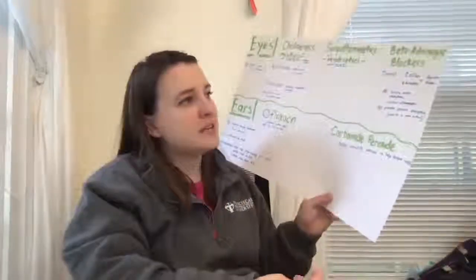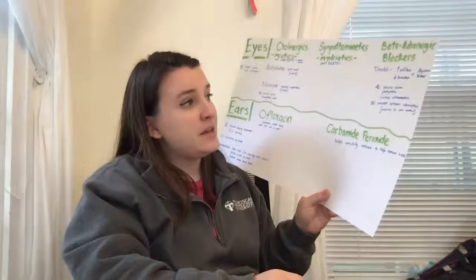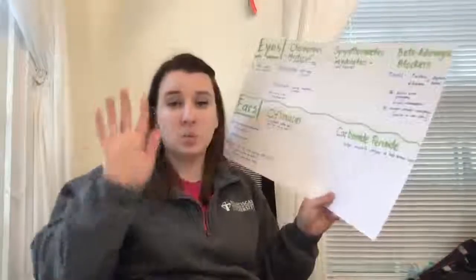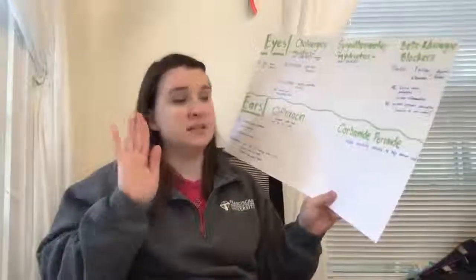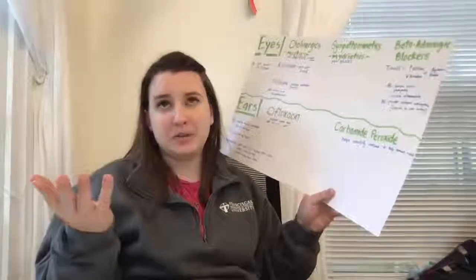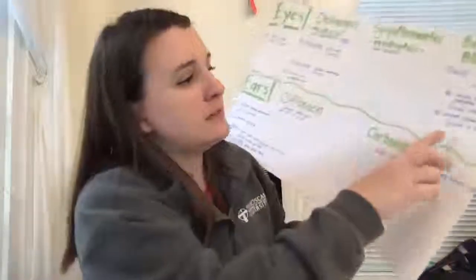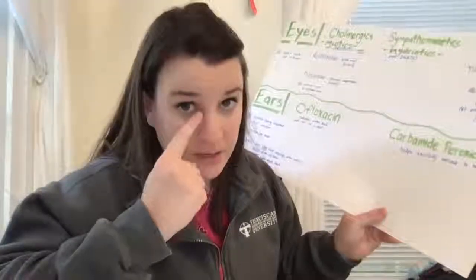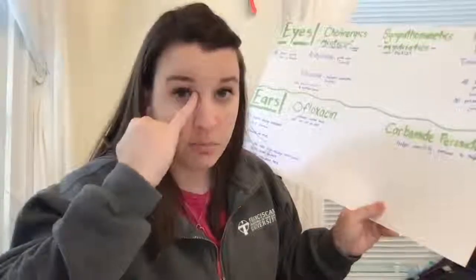Adverse effects of this can include blurred vision, photophobia, and cornea inflammation. And a nursing implication of this drug is that you want to prevent systemic absorption. Since it is a beta blocker, the way that you prevent the systemic absorption is that you press on the inner canthus. This is the inner canthus of the eye. You press here